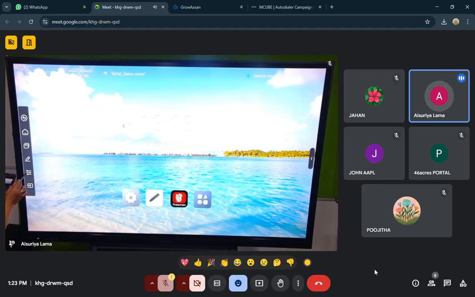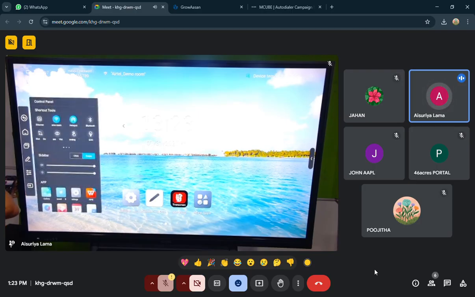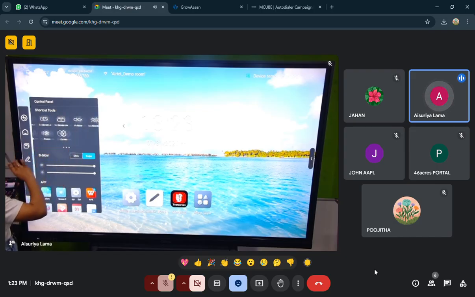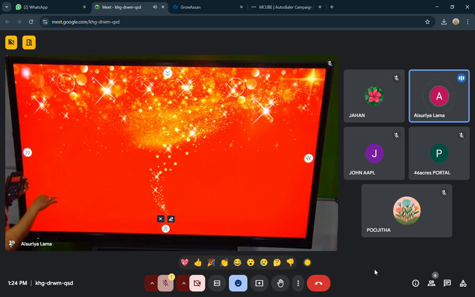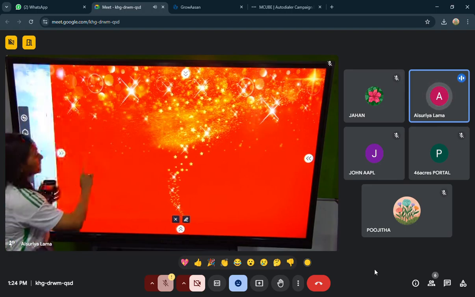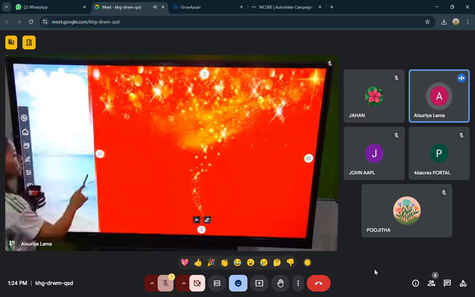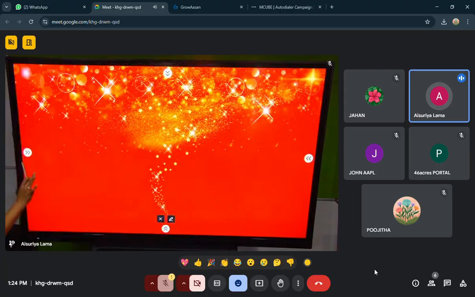The next option here is this control panel, in which you have shortcut tools. First is the Ethernet connection, then you have Wi-Fi, hotspot, Bluetooth, screenshot, and there are normal options like power off and restart. If you want to restart the entire panel, you can do that. And you have curtains as well here. So what are curtains? If I click curtains, you can see this is the screen curtain. You can just slide it down like this, or if you want to have a presentation, before the presentation, you can just pull it up like this.